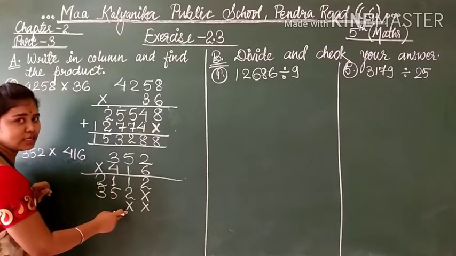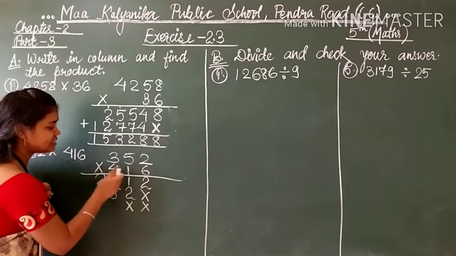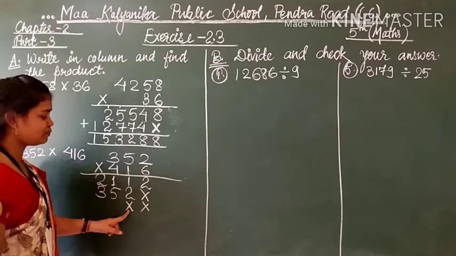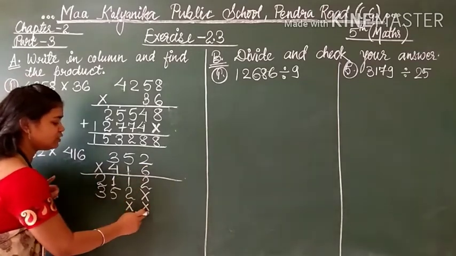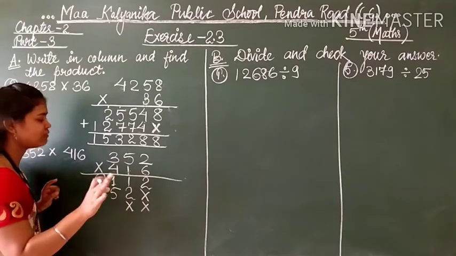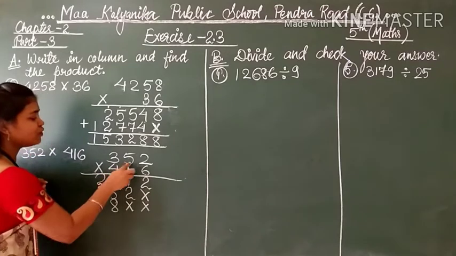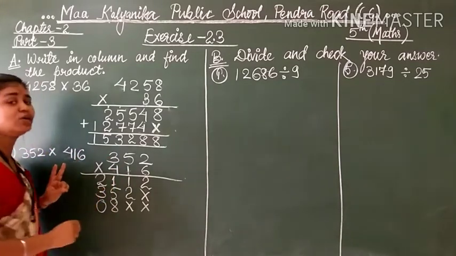So for the third digit, as ones and tens should not be there, ones and tens will be 0. You can put 0 also, as I told you here. So now for ones, tens, and hundreds, when you are multiplying with the above number, you have to put 2 0s or 2 crosses. Why? Because ones and tens places you are not multiplying, so these two places you have to leave vacant.